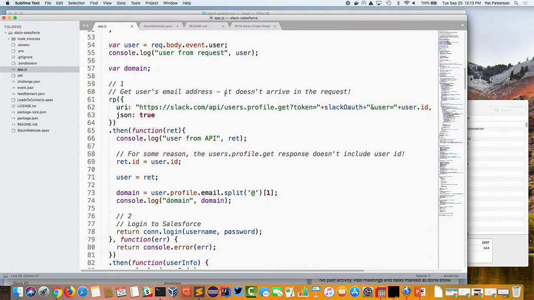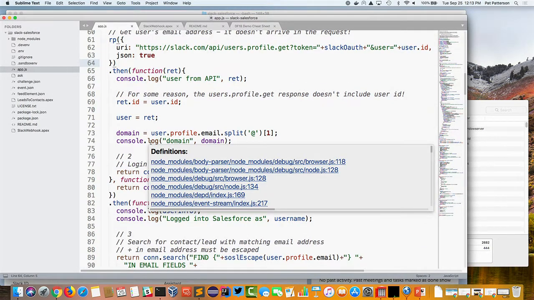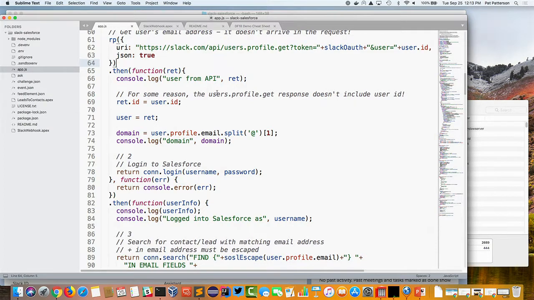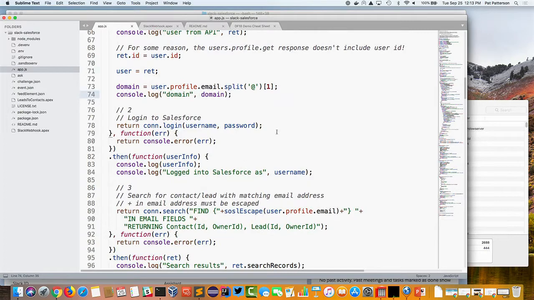I'm passed in this user object that has an ID. And this is the request with promises library. So this is a really easy way to call an API and get back a JavaScript object. So here I'm saying, okay, Slack, here's my token, here's my user ID, and I want the reply, I want you to parse the JSON. And like you can see here this promises pattern happening. I get a user back from the API, I split it up to get the domain,